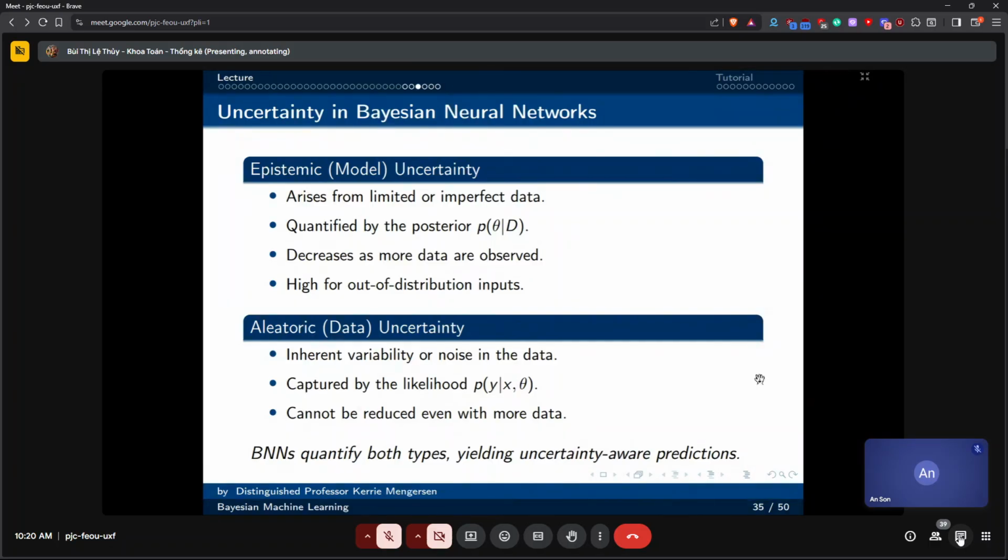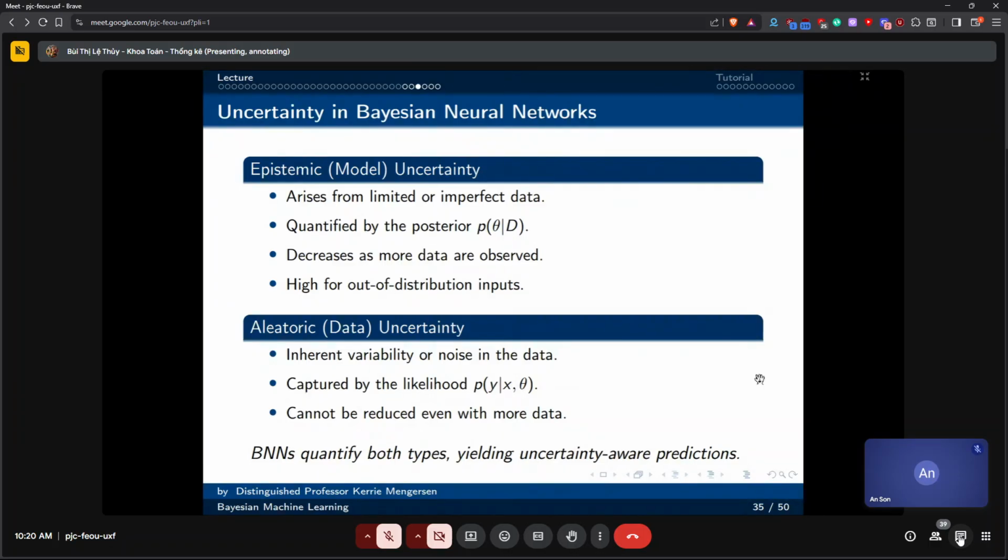We also have data uncertainty. So a Bayesian model will incorporate the uncertainty in the data, so that we know that our data comes with inherent variability or noise, and we capture that usually through the likelihood. So again, we can write down the likelihood, but even if we have more data, we still have variability in those data themselves.